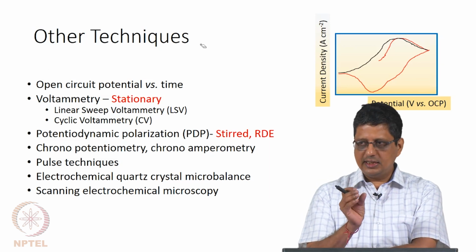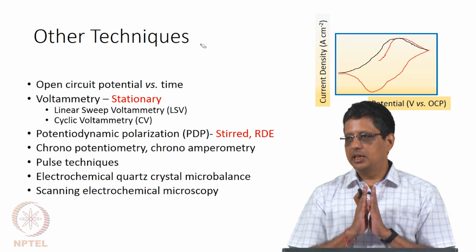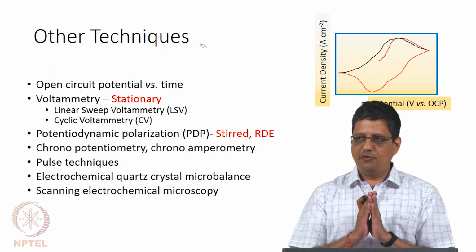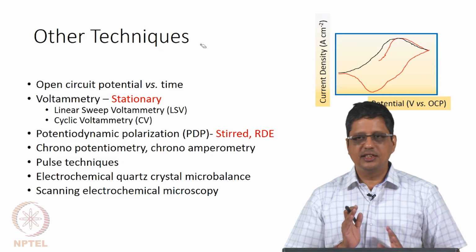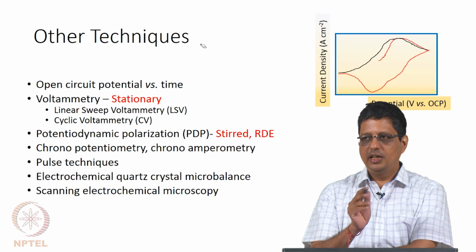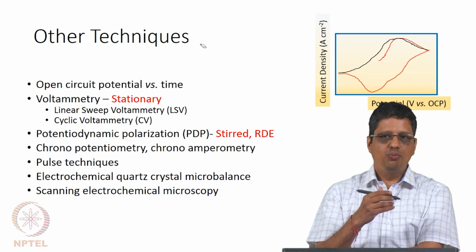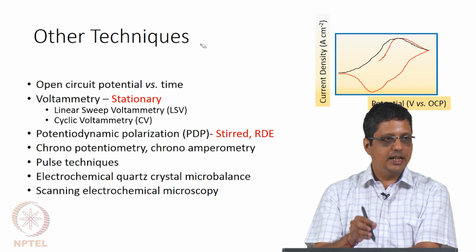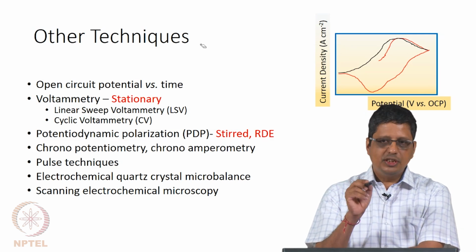Sometimes in corrosion cells they will not mix the solution, they will have two electrodes at a given space and they will run the technique as potentiodynamic polarization, and they will interpret the data assuming diffusion is not playing a significant role. It may or may not be correct depending on the system. If there is a significant corrosion, diffusion may play a role. If it is very small, then it may not play a role. So, ideally you should be able to move the fluid well, either by pumping the fluid or using RDE at a high speed. Next, in the potentiodynamic polarization, the software will allow you to specify a scan rate.